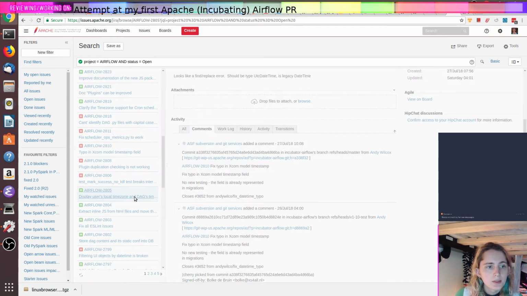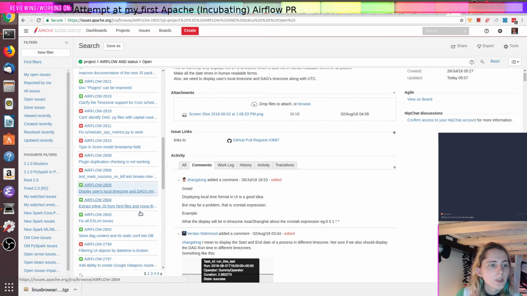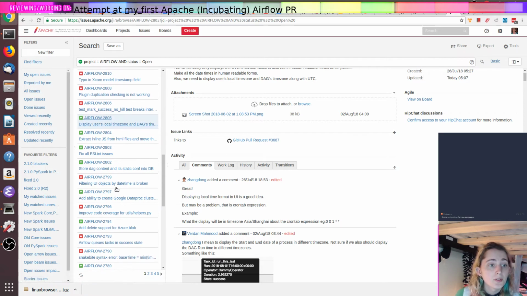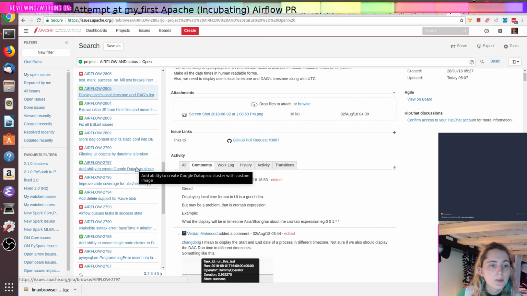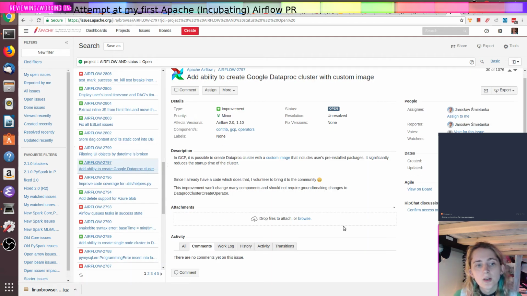Let's see here. Ooh. Time zones make me sad. Fix all ESLint issues. No. That is going to be too much. Ability to create Google Cloud Dataproc cluster. Huh. In GCP,